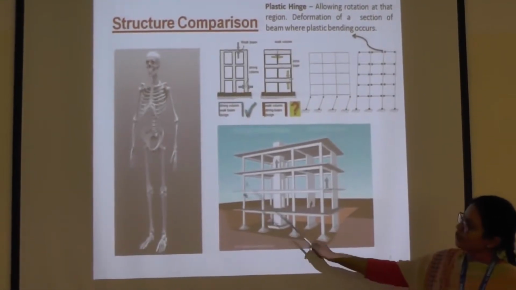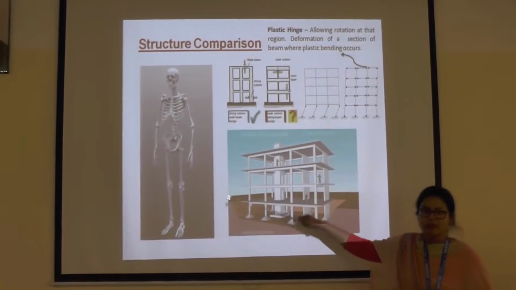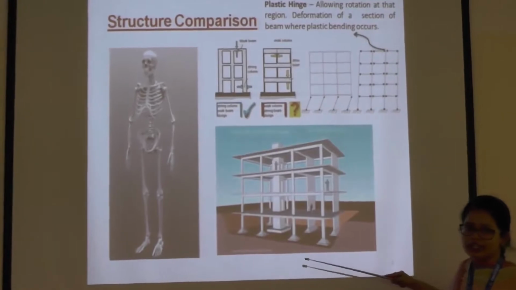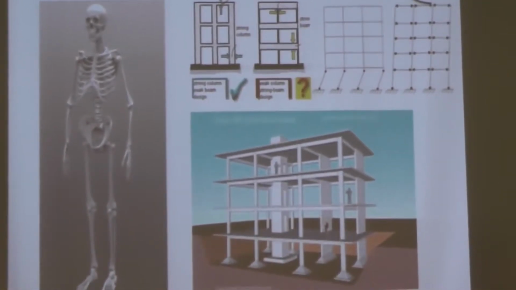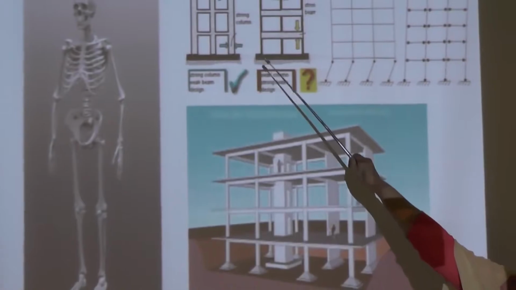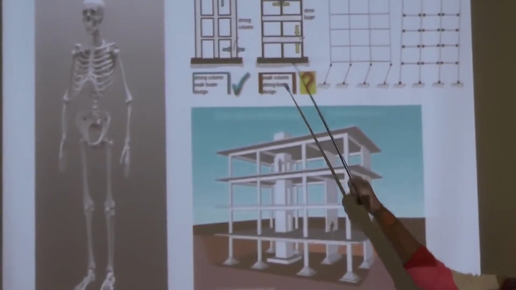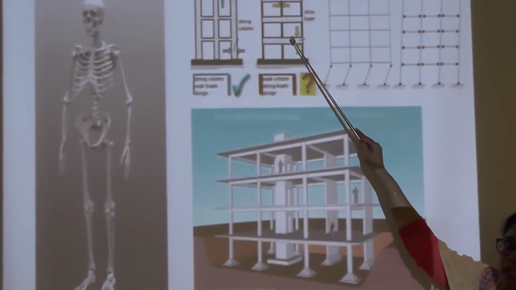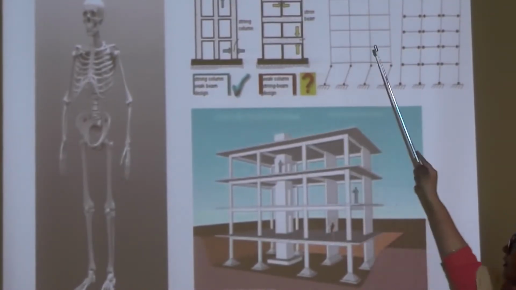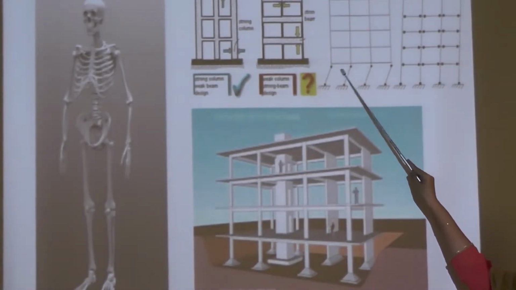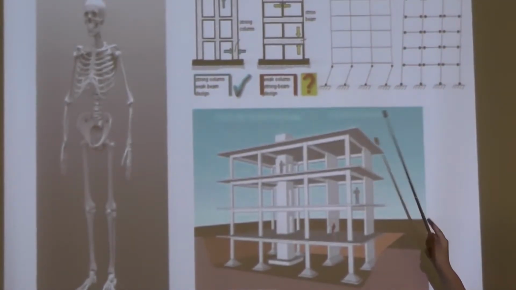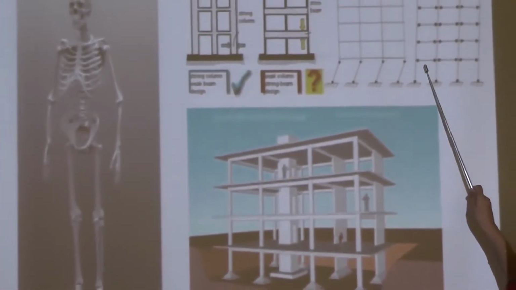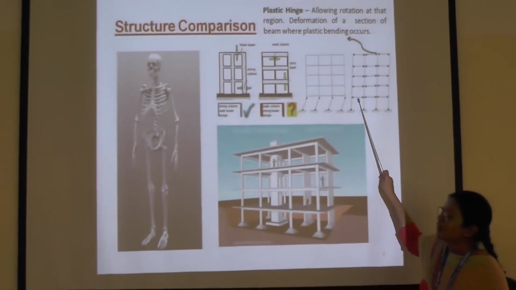Now, likewise in a skeletal form also the same load distribution happens, and likewise in a building also the same load distribution pattern occurs. One thing we have to keep in mind is that we always need to design for a strong column and weak beam. That is always better, because if we design a strong beam rather than a strong column, then immediate failure happens in the column, which leads to a disaster and destruction of the structure. Therefore, it is necessary to always design a strong column and weak beam.